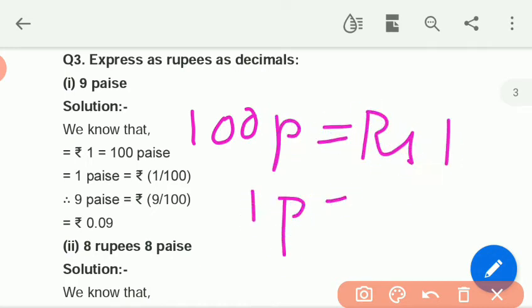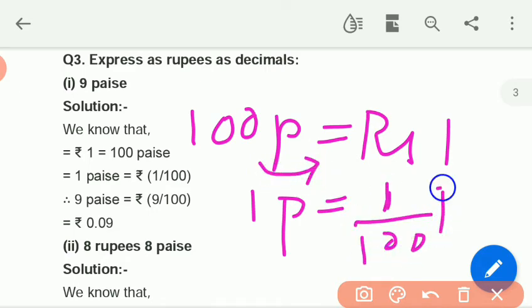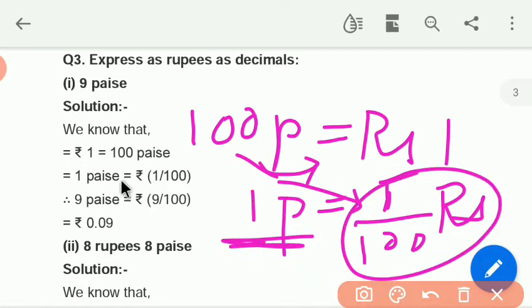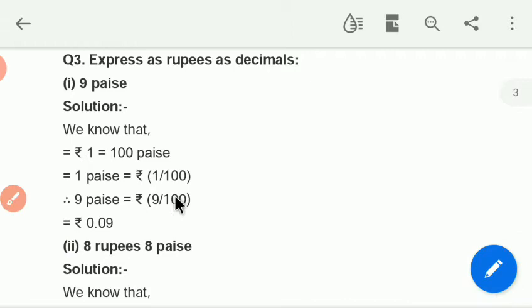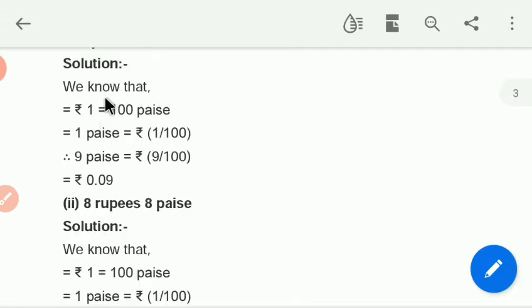So 1 paise. From many to 1 we have to find. It means you have to divide. So 1 upon 100 rupees. This 100 will come in the denominator. So 1 paise will be 1 upon 100 rupees. So what will be the answer for 9 paise then? 9 upon 100. Or we can write, how many zeros are there? 1, 2. So from the back, from the right, you have to put the decimal after 2 numbers. You can see only one single digit is given. Then you have to put extra zeros here. So 1, 2, then point. So 0.09 rupees will be equal to 9 paise.